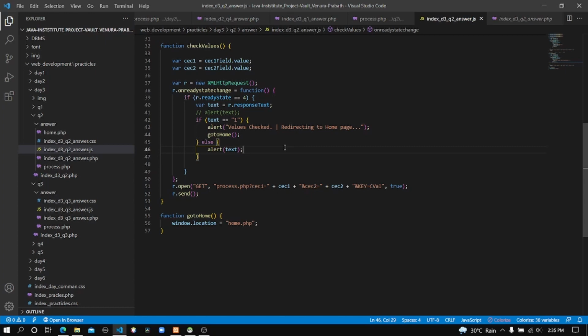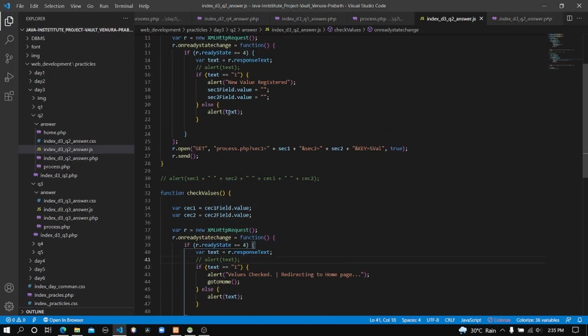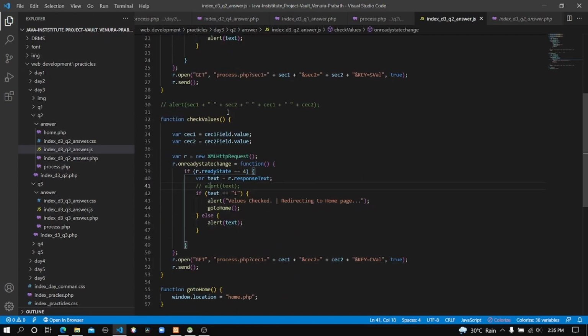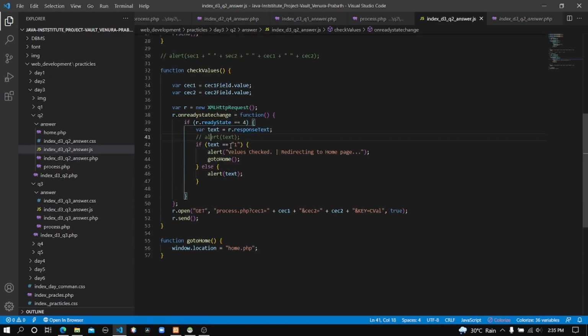If the details reach the client computer, it will execute this part, because I check that using an if condition. Here ready state is equal to 4. If the ready state is equal to 4, it will execute this one. Like in the previous Ajax object, here I created another new variable called text and stored the response text, which is the output text, into this variable.